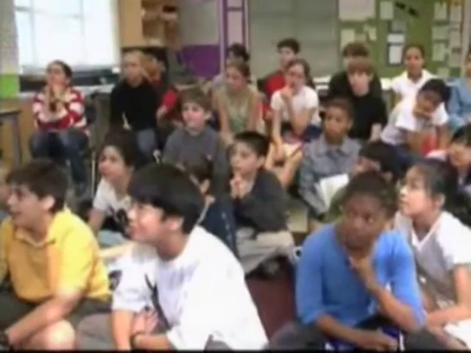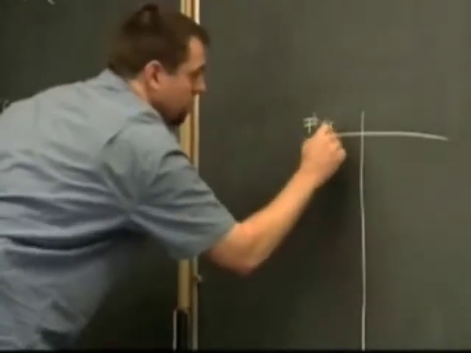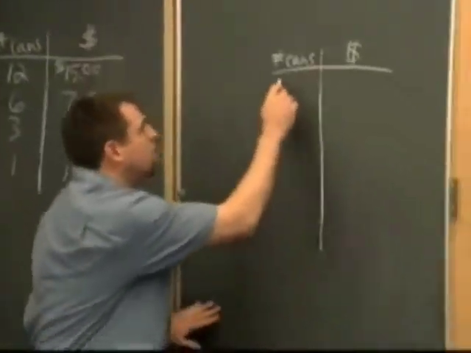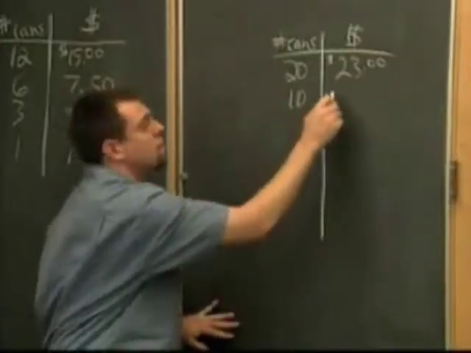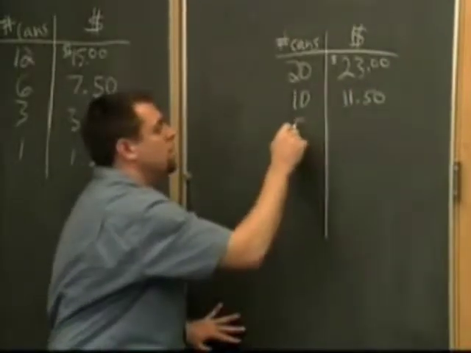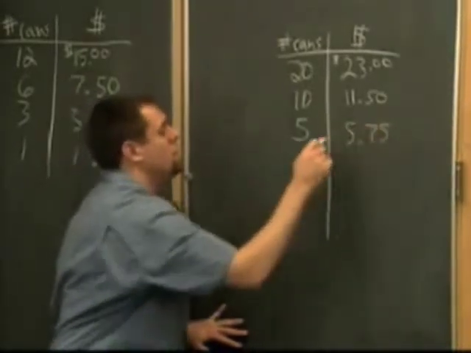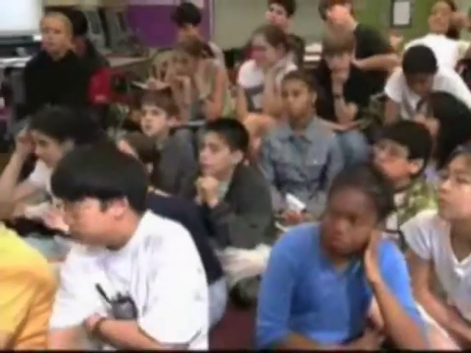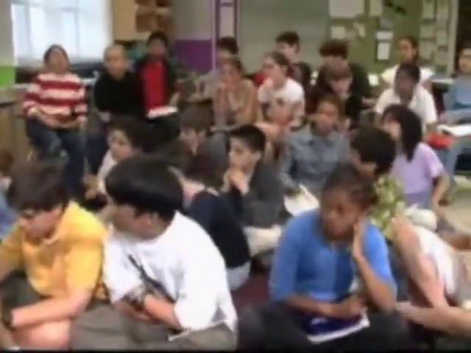You with me? Yeah. For Maria's store, I'm going to keep tracking the same way. Number of cans, cost for that many cans. Started out with 20 cans, $23, 10 cans, $11.50, 5 cans, $5.75, and then 1 can was $1.15. Can you take another few seconds and turn to the person next to you and see if you can just explain to each other how these tables help us keep track of